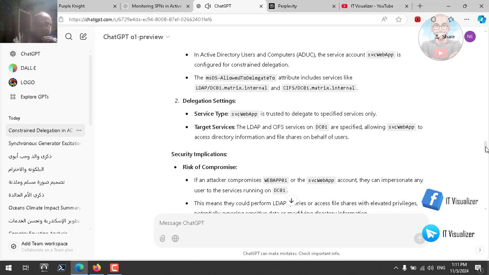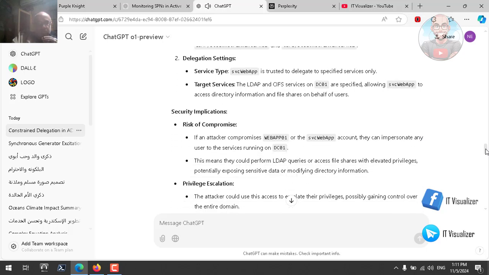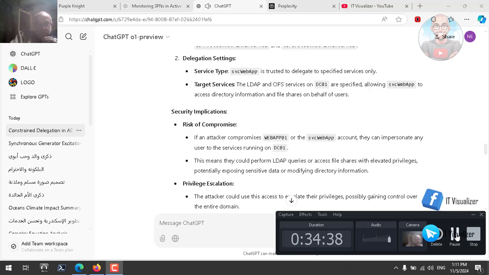Security implications. Risk of compromise. If an attacker compromises WebApp01 or the SVC_WebApp account, they can impersonate any user to the services running on DC01. This means they could perform LDAP